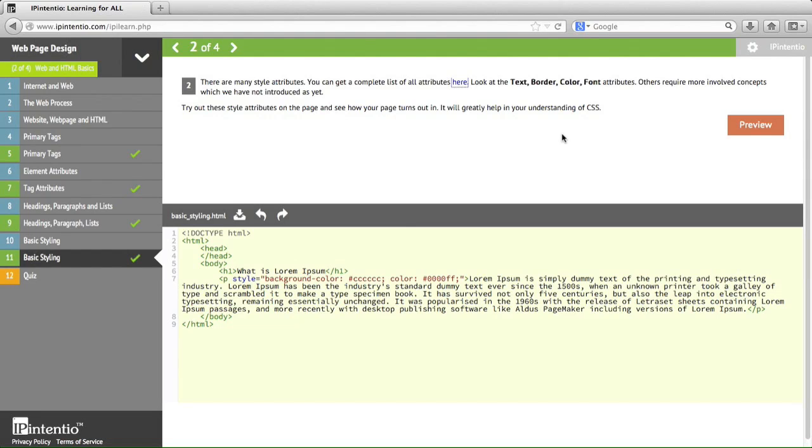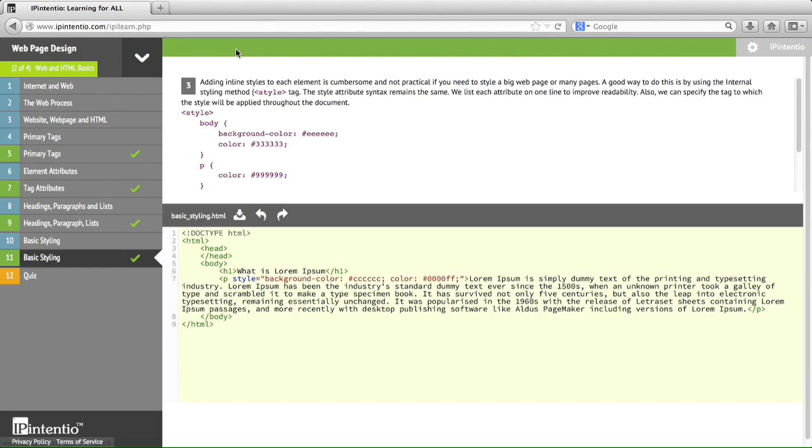But for now, just pay more attention to text, border, color, and font attributes, right? So just read up on these particular style attributes, style rules, and just try them out on your web page to see how they alter the appearance of the elements you apply them to. Now, so far we've looked at altering the appearance of an element by using the style attribute, and that is the inline method of